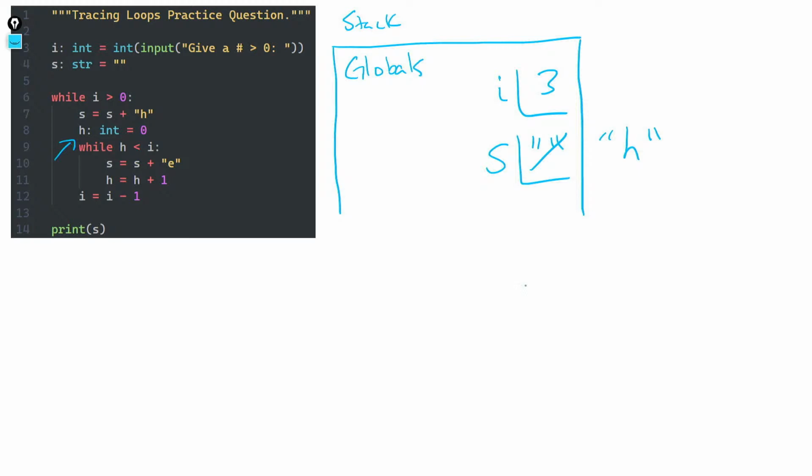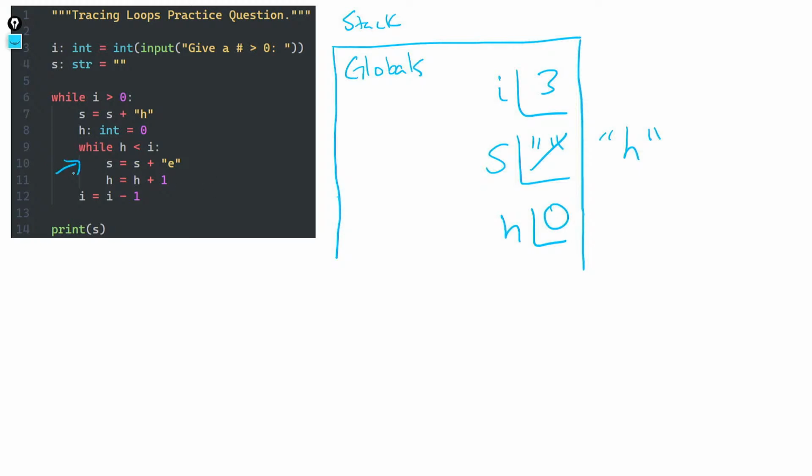On the next line, we set up a variable named h and initialize it to 0. There were some questions in the previous section around this as well. Namely, if h is defined inside of a while loop, do we need to do something special about it versus having it in globals? For our purposes in Python, we're just going to keep it in the current frame. In other programming languages, you would potentially do other things and have different rules around what we call scope. We will learn some scoping rules in Python soon enough, but for our purposes, declaring an h here is no different than outside of it, and so we'll continue on.